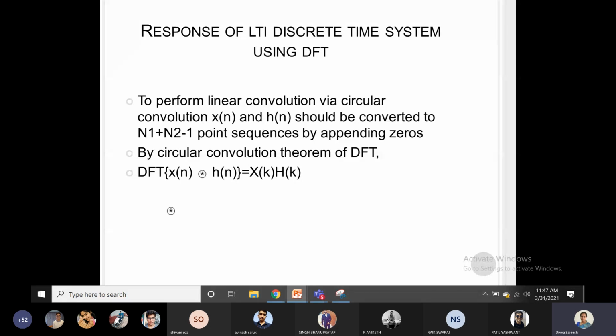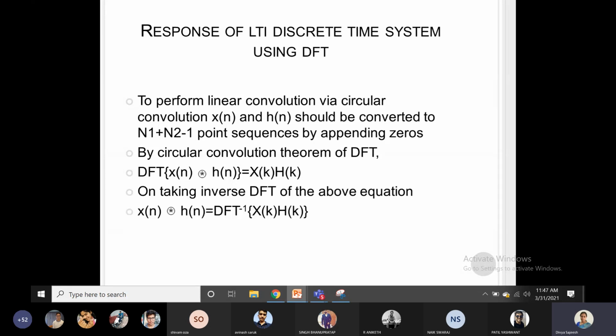Before finding X of k and H of k, you need to make the length of x of n and h of n equal to n1 plus n2 minus 1. After getting X of k and H of k, I can obtain the response of the system by taking the inverse. DFT inverse will give you the response of the system y of n. Okay, so let us